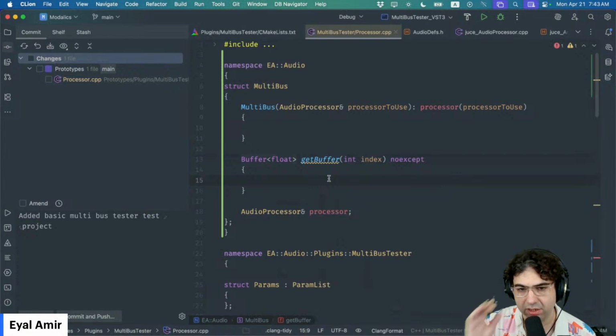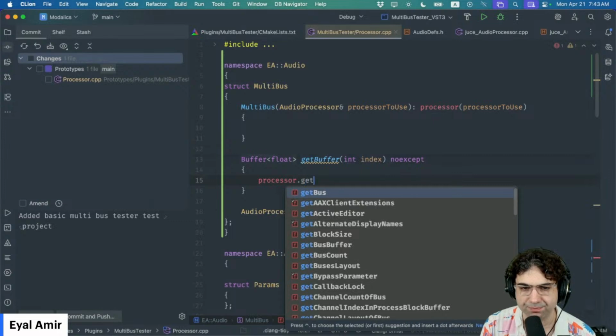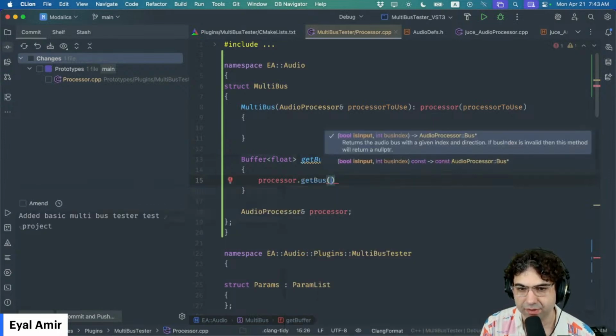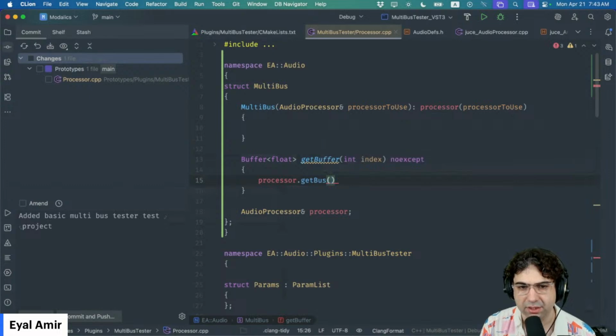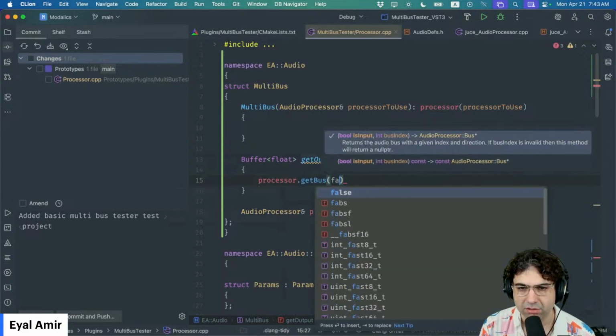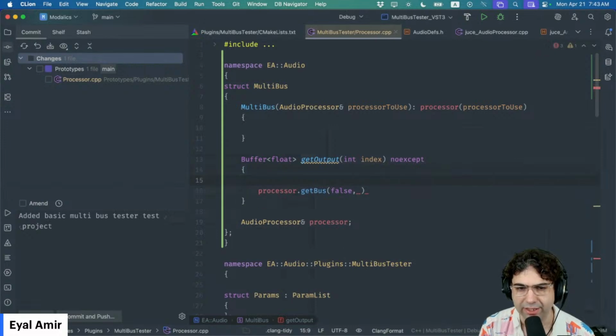So one way to handle this is to do something like processor get bus, and ask for that bus as input. Do I care about the inputs in this case? Let's call get output buffer, get output. This is better. So this is going to call processor get bus false. And first of all, I need to check if this actually exists. I think it's possible that I would not have that bus. So if processor get